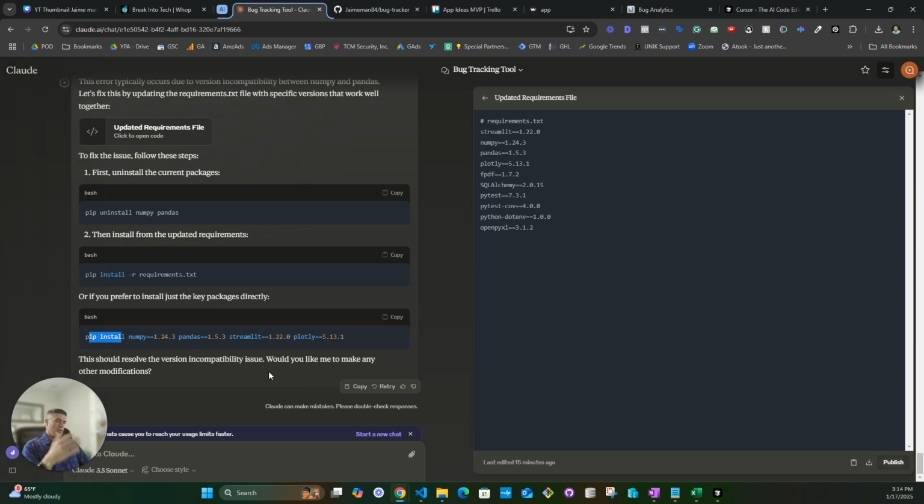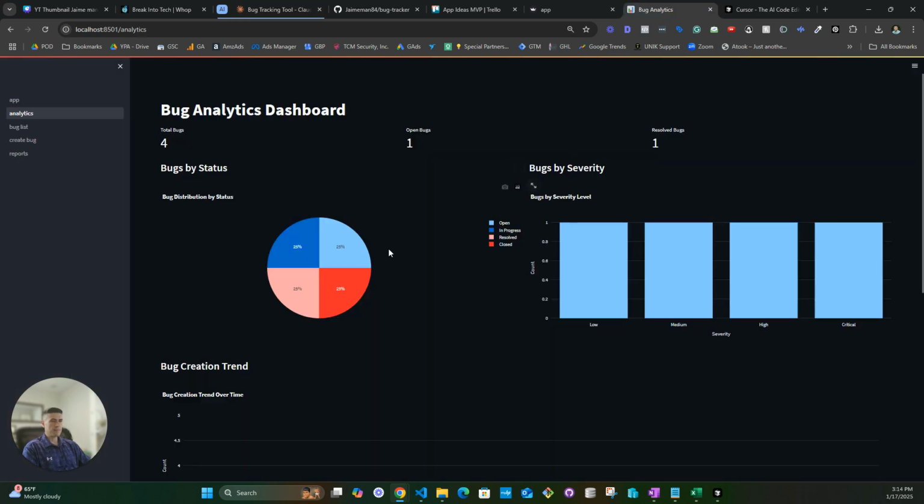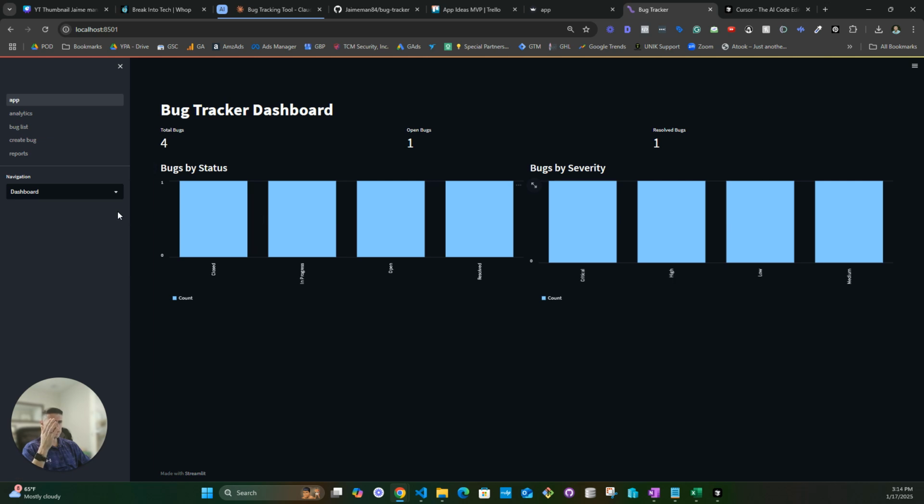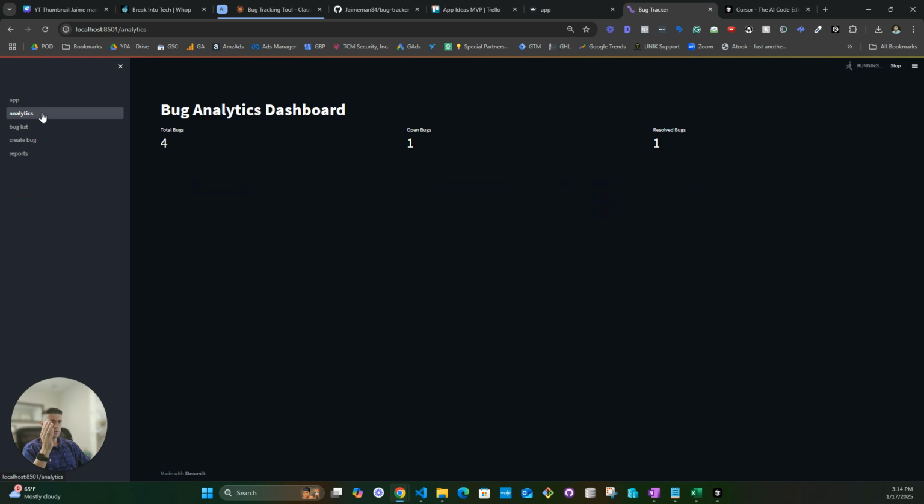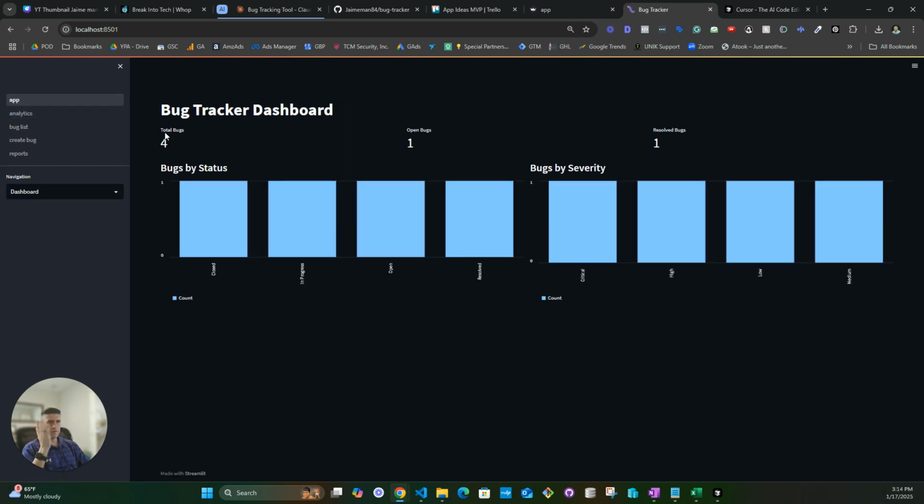Okay. So once I did that, it ran the tool. In this case, it already has a database in it. It has some test data that I have created. So I'm just going to walk you through it real quick. You have the app itself. You have a navigation for create, bug list, and reports. You have the analytics. So at this point in time, we have 4 total bugs: 1 open, 1 to be resolved. I don't even know if this is accurate, or maybe it's missing